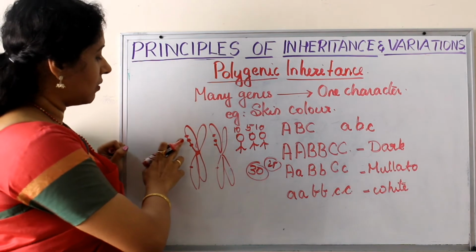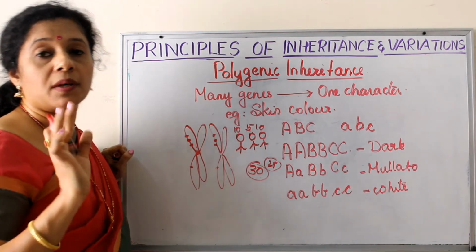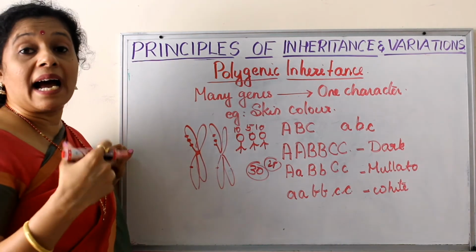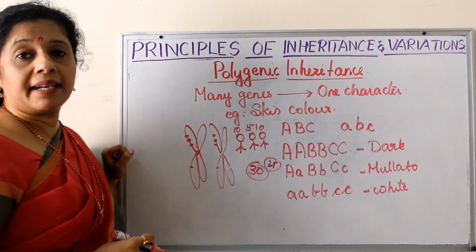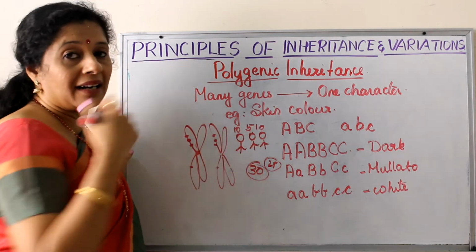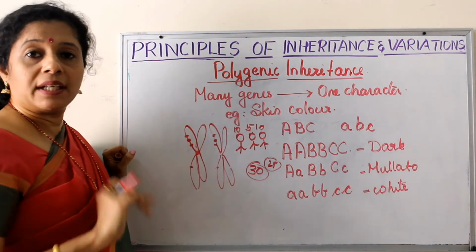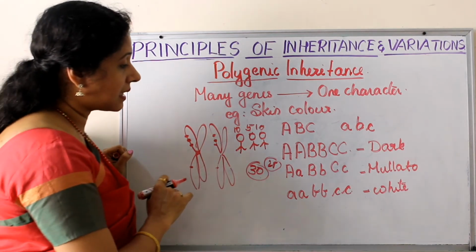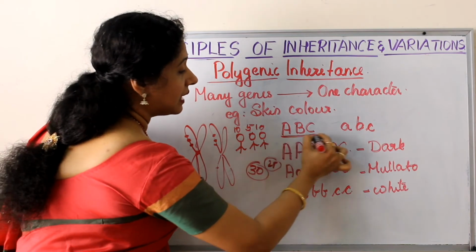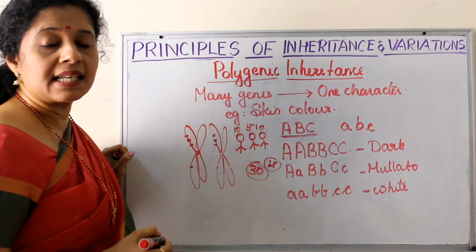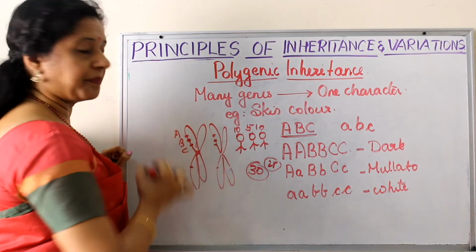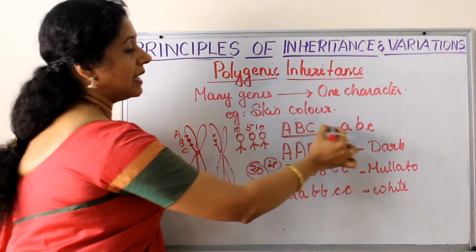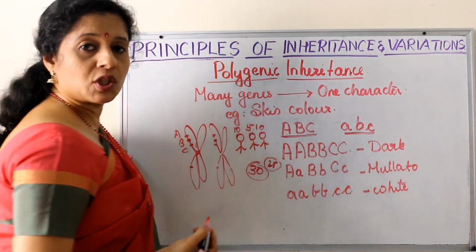The same way here also, each gene contributes towards the character. That's called additive or cumulative, adding up. Everybody's contribution is being added. It's not that, okay, you two do, I will sit quietly here. No, that won't work. So how is this happening? Suppose we have three genes. We take the alleles as capital A, capital B and capital C. Okay. Its recessive alleles are small a, small b and small c.